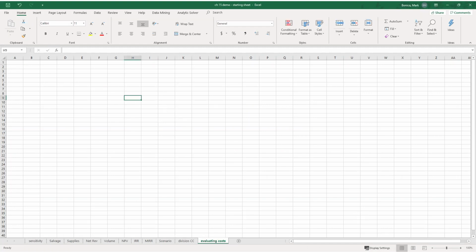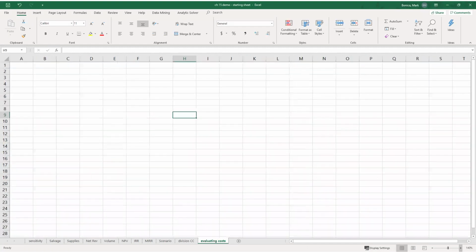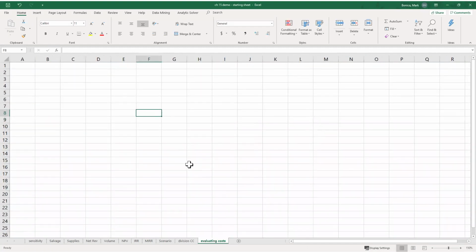All right, so evaluating costs. If we have costs happening in the future, and we're trying to evaluate them, let's say we're looking at saving money, and